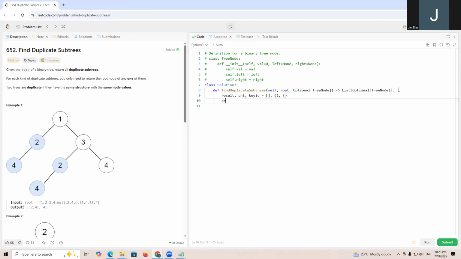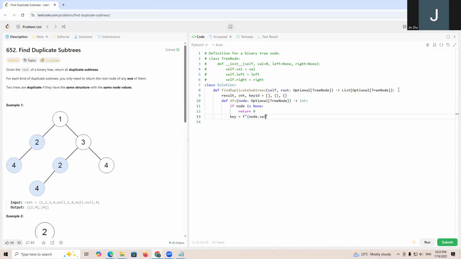So we can define a DFS node, which is an optional tree node. This one just returns this node's ID. So we set: if node is none, just return 0. So we're going to have a key equals, let's compose this,